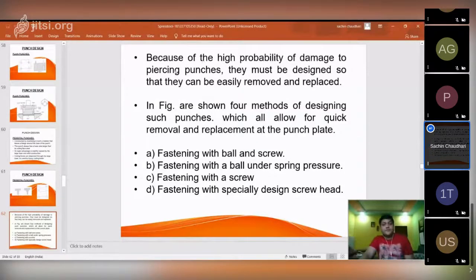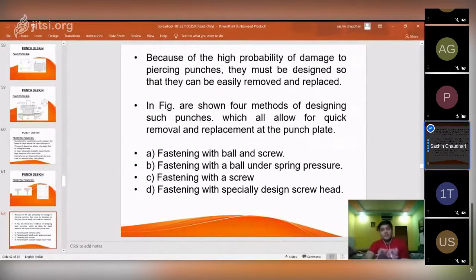For punching, where maximum mass production is going on, due to the highly repetitive nature of the work, the punch sometimes gets damaged or breaks. In that case, only that punch should be changed. So accordingly, the punches are also designed. So this is mentioned here.